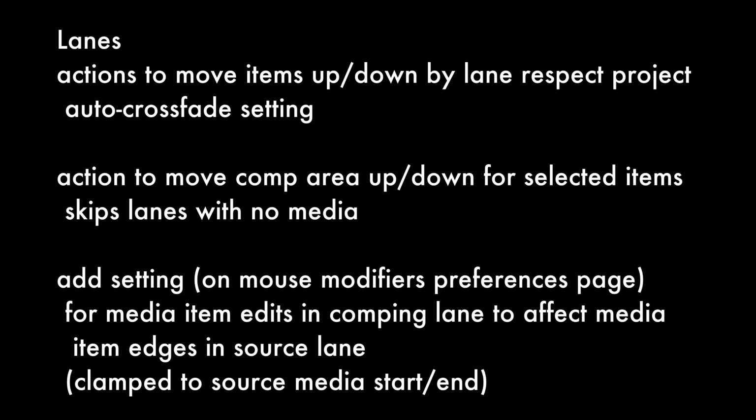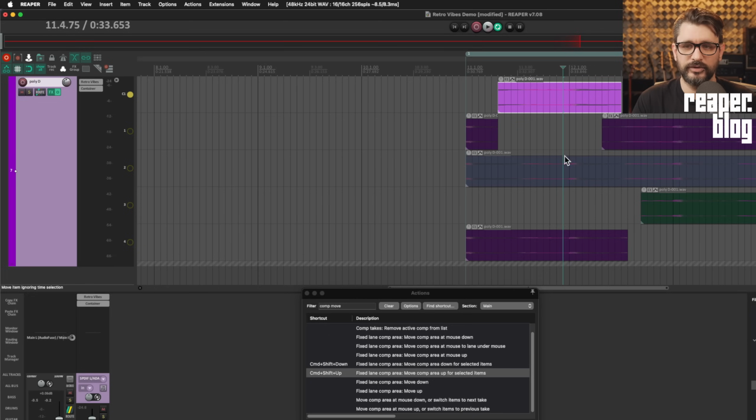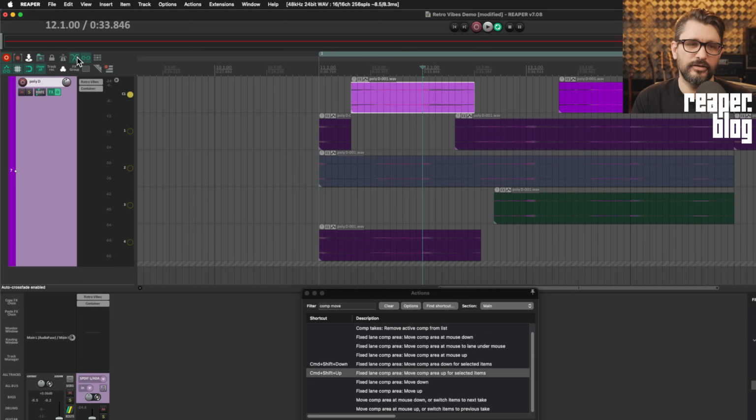Up next is changes to lanes. Actions to move items up, down by lane, respect project auto crossfade setting. Action to move comp area up, down for selected items skips lanes with no media. Add setting on mouse modifier's preference page for media item edits in comping lane to affect media item edge in source lane. Starting with the first one, if we have auto crossfade disabled and we have trim content behind media